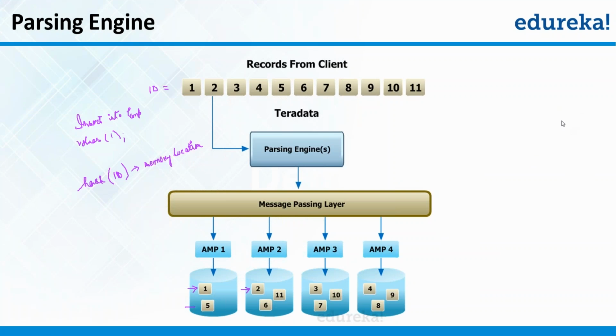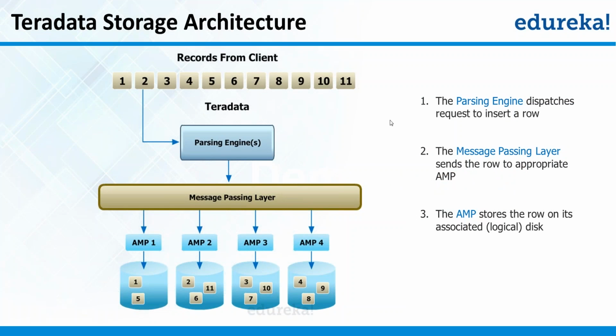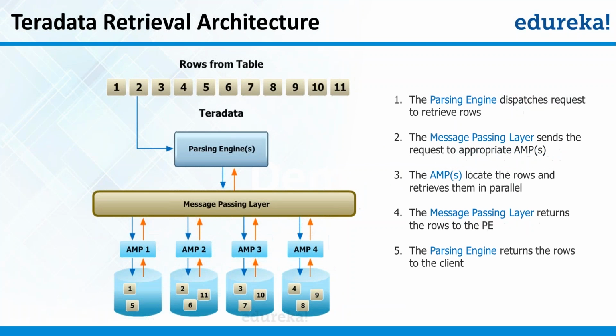Now what happens when I want to select this data? Okay, so when I'm running a select on top of it. So let's see what happens. So this is data storage, which we have already covered. This is the retrieval part of it. So once your data is lying in the AMPs, if I run a select star from EMP,